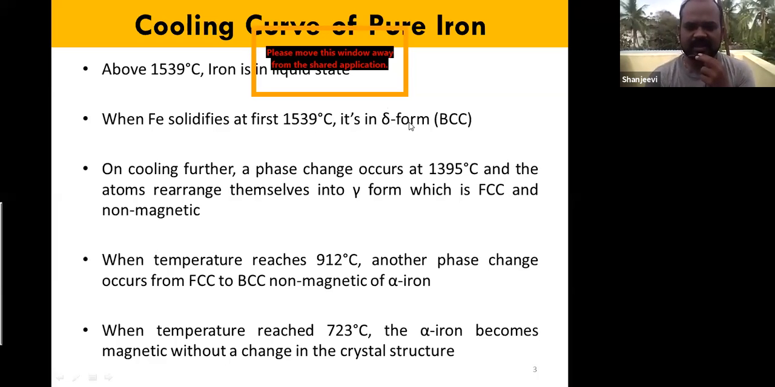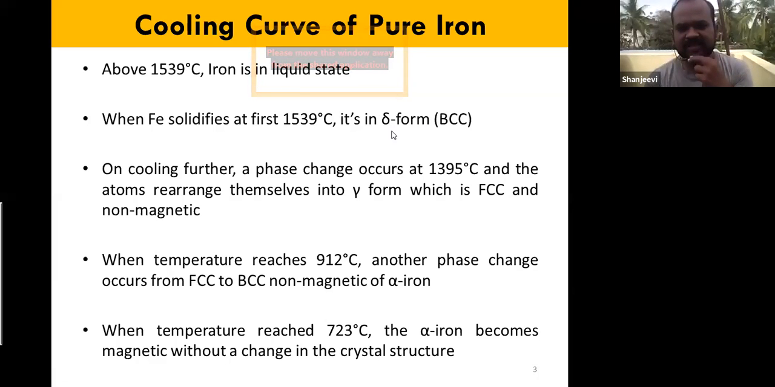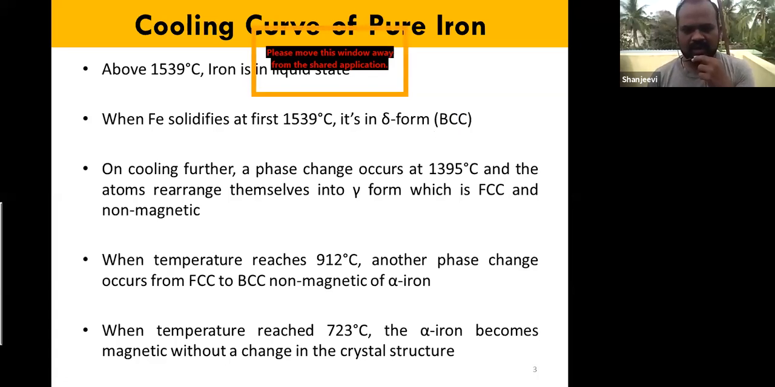I said there are three important reactions occurring. So the first reaction is delta ferrite formation. This is called a ferritic reaction. This has a body-centered cubic structure. Now we are further decreasing the temperature, and below that, what will happen is, at say 1395 degrees Celsius,